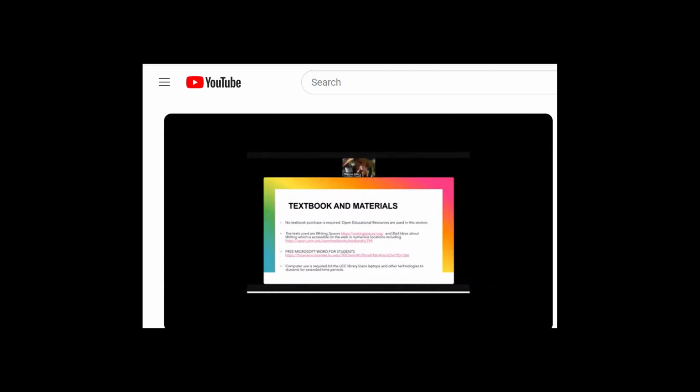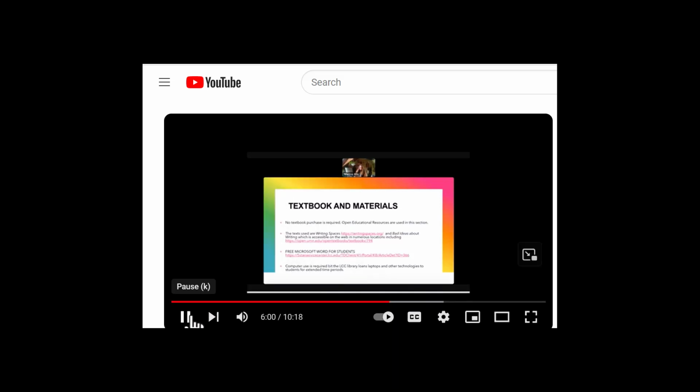And so the materials in the class. I care a lot about accessibility and I care a lot about being flexible as a teacher. So all the materials in the class, you don't have to buy anything. I'm using open educational resources so that everybody can be included and have access on the first day to all of our course materials. Our D2L course site